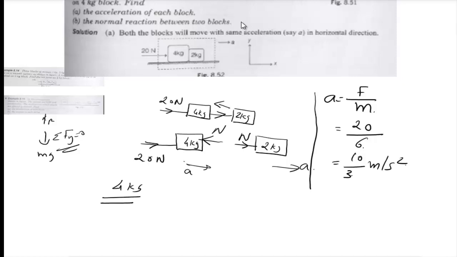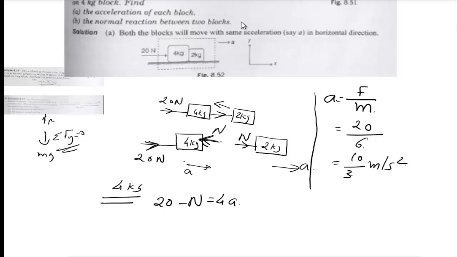In the positive x direction, 20 Newton force I am applying, so a reactional force is acting in the opposite direction. So what is the net force acting? 20 minus normal reactional force,